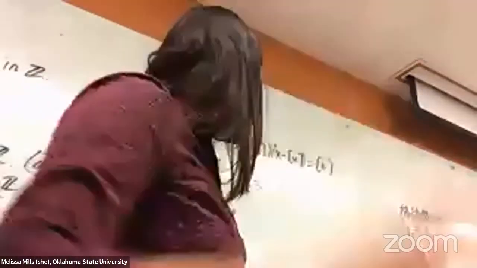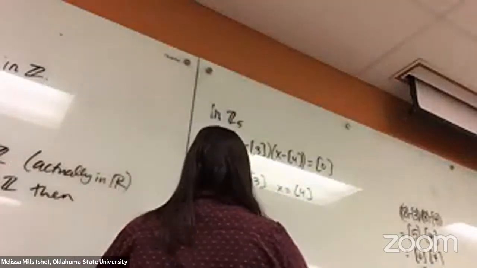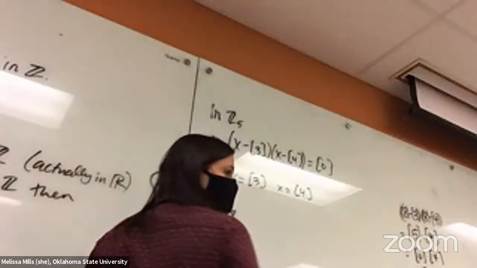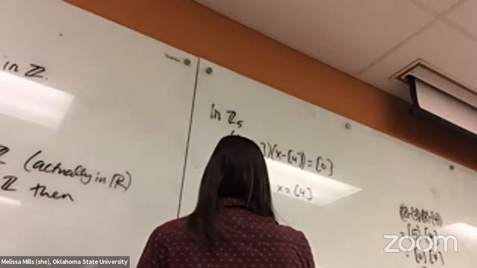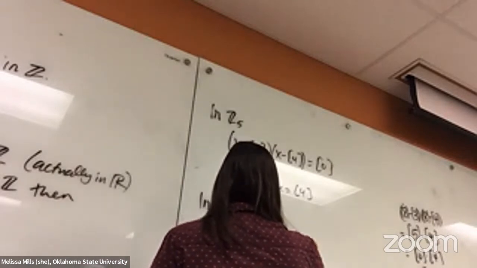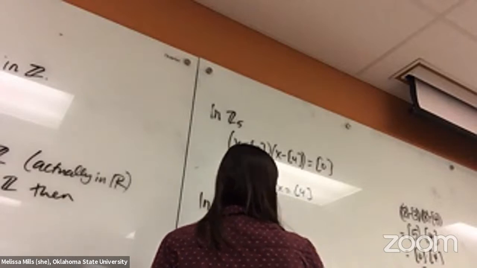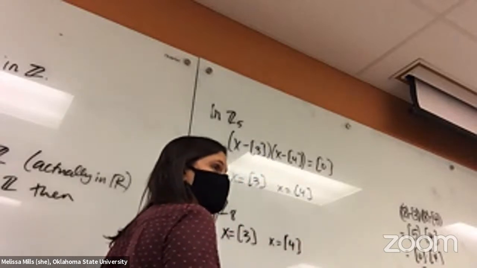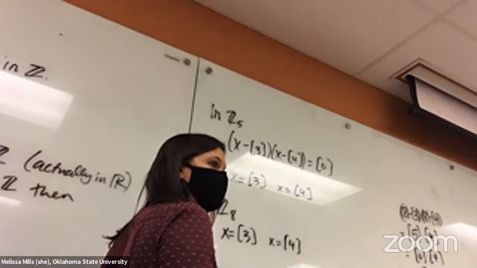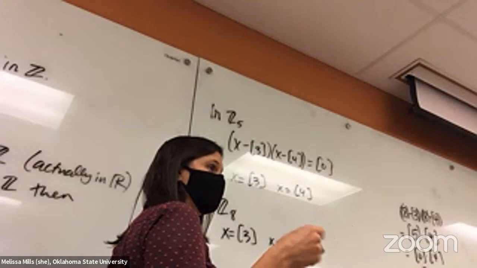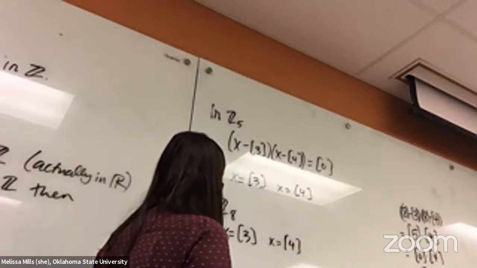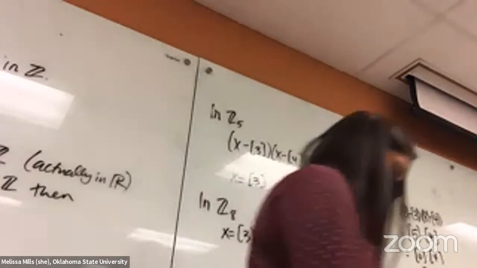Okay. All right. So in Z mod 8, what were the solutions you found? Three and four also work. Anything else? No other X values? Did you plug in all the X values? Nothing else worked? Okay, I didn't actually work this one out, but